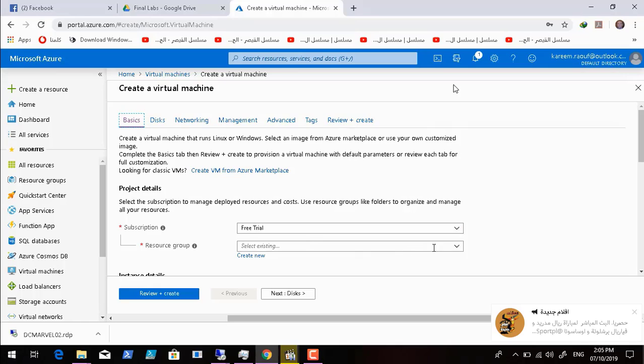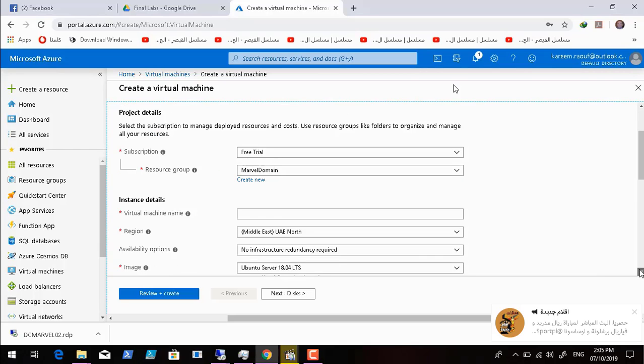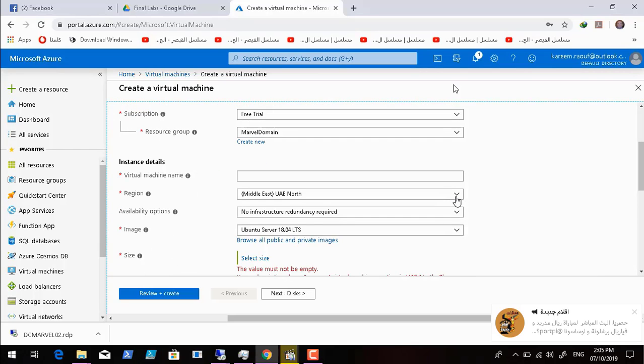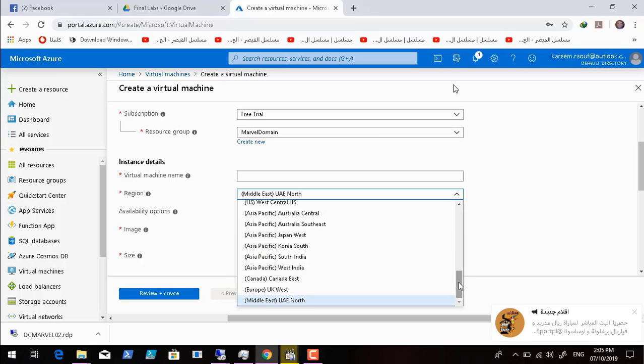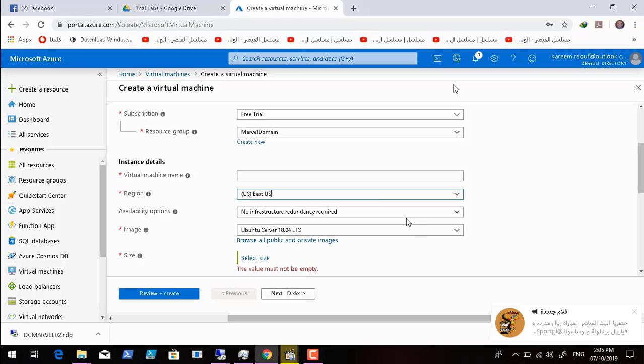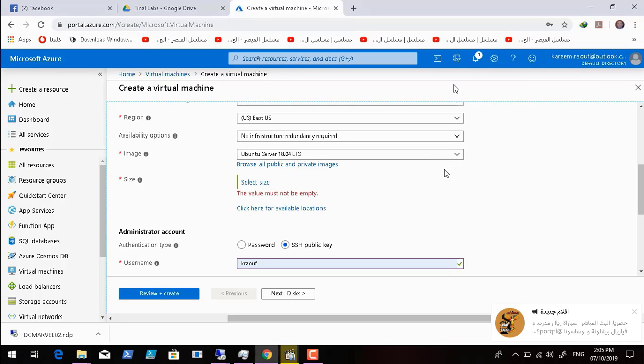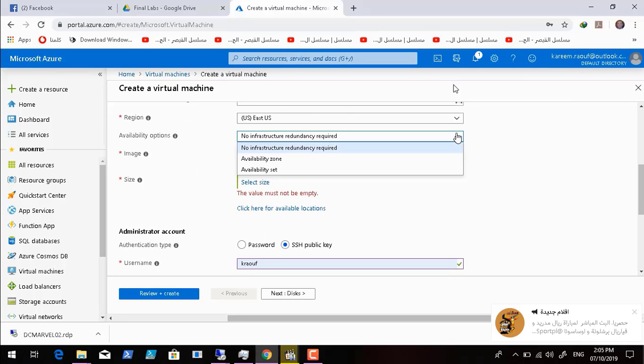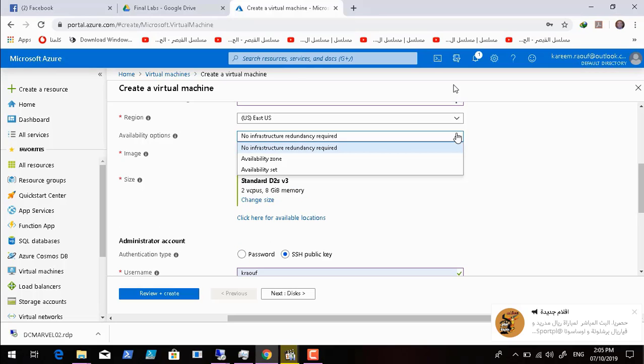We will create it in the same resource group, Marvel domain. This is our first resource group, and for the virtual machine name, we will give it a name from the computers we have already created in the Active Directory. This will be in the US East data center, in the US East region, and this is the name of the PC. It's already created as an object in the Active Directory, and it will contain Windows 10 version